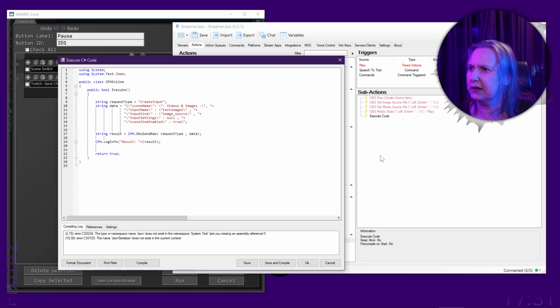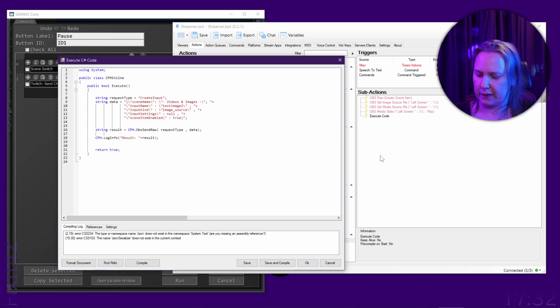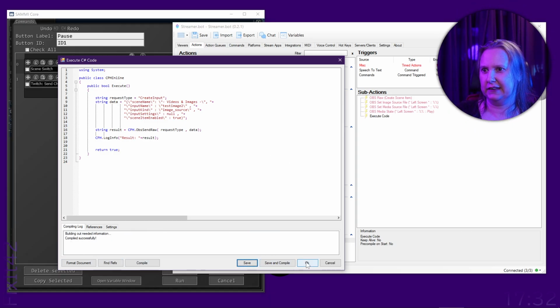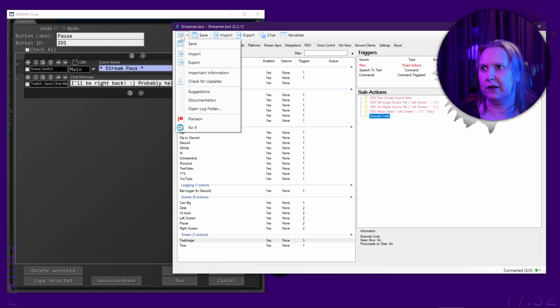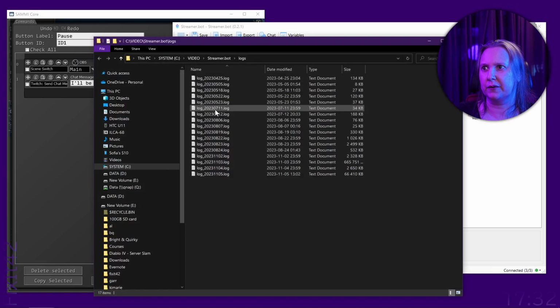So result plus result, and two parentheses there, so the correct number of stuff. Let's remove this and not Control S there. And if I run this now, we have the log file folder over here,